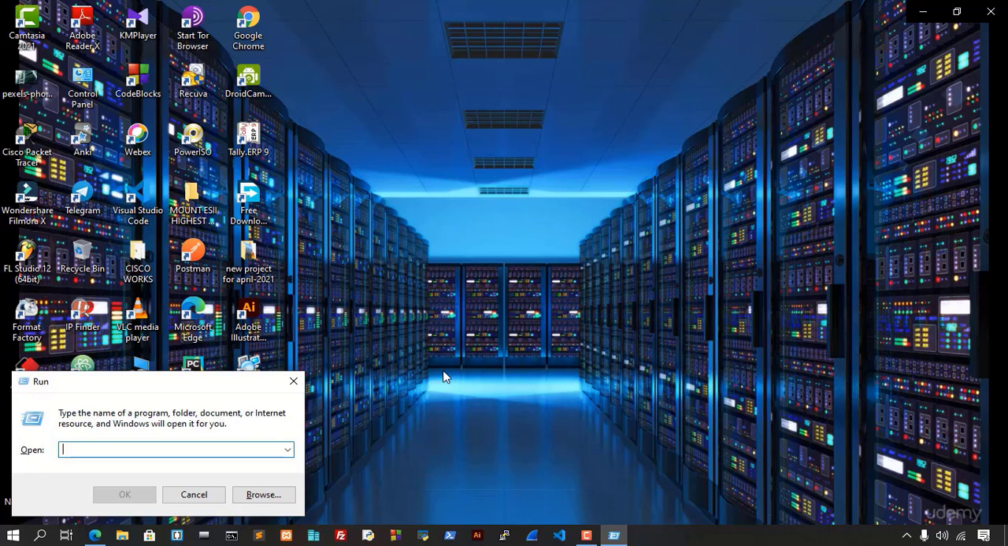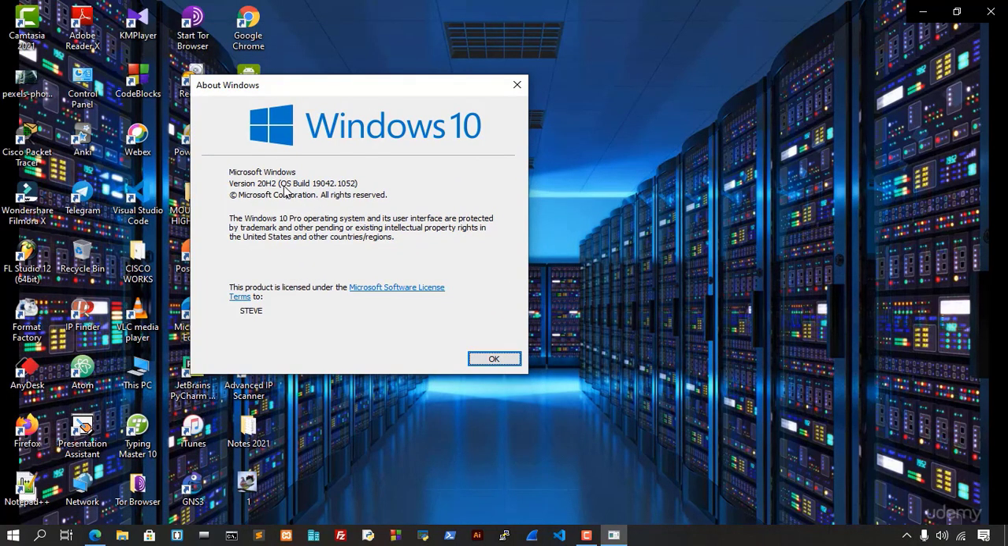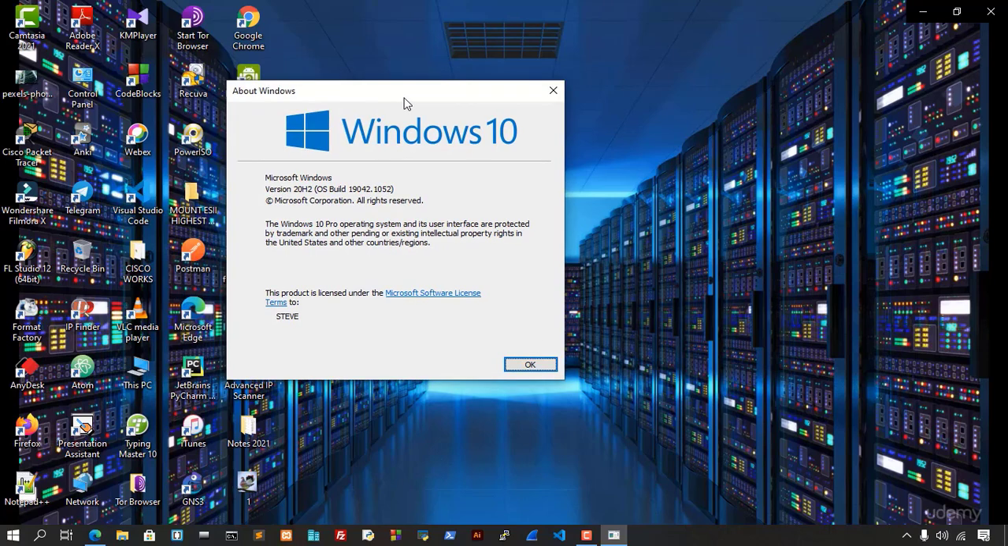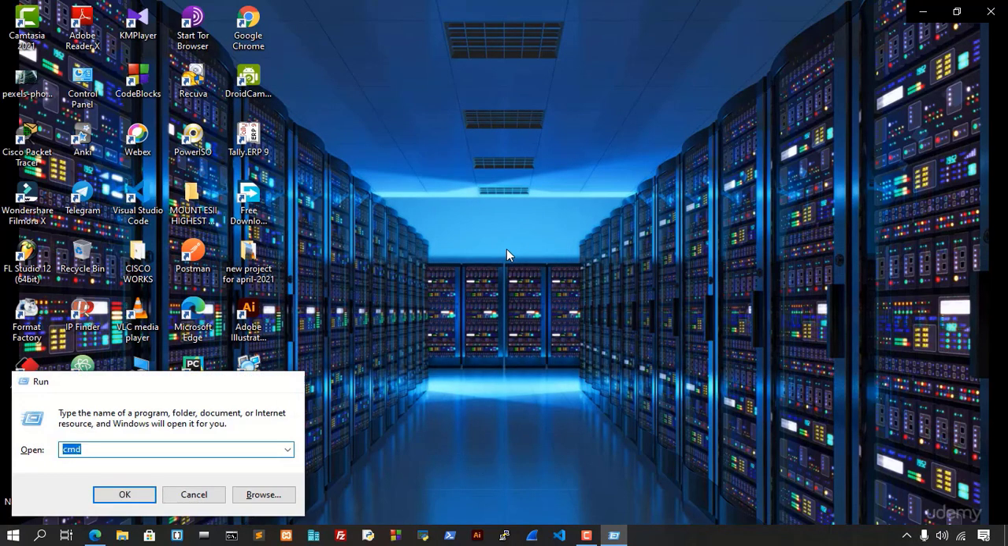You can press Windows+R and then write winver to see your Windows version. As you can see here, my Windows version is 19042. This is a new Windows 10 feature, but those who have 1607 will be able to have this feature. Or you can also check from the command prompt: type cmd, press enter,